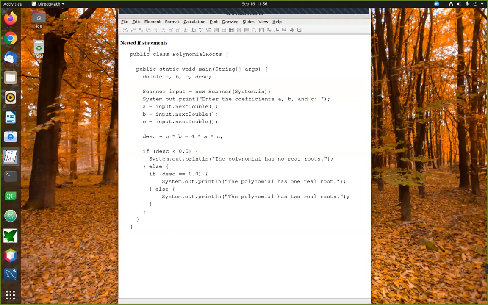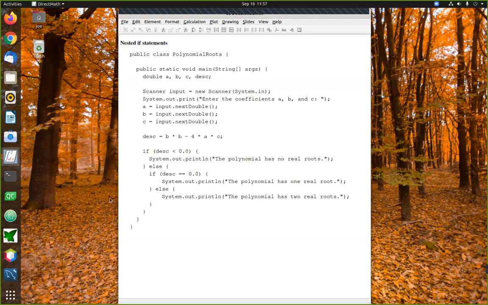Okay, now back to the example that I showed a few minutes ago. Here's another thing that can happen with if-else statements. This shows an example of what's called a nested if-else statement. In a nested if-else statement, you can put one if-else statement inside another one. Now, there's a very common scenario in which this takes place.